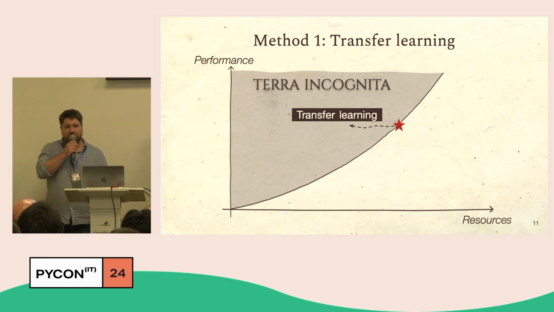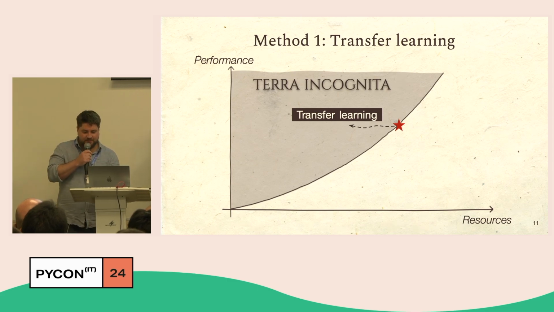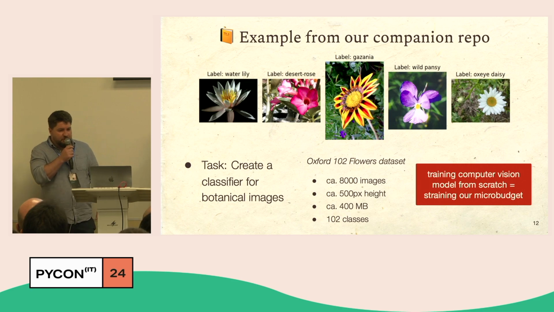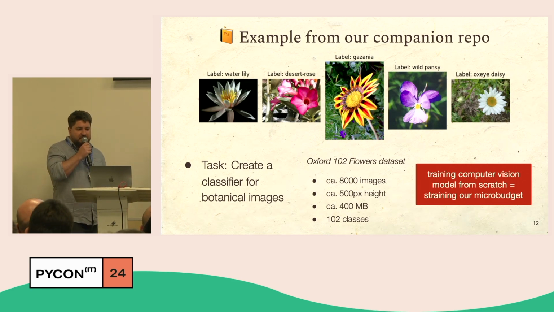So method number 1, micro-budget method number 1, transfer learning. This is going to be very familiar for many of you, I guess, but still, this is such an elegant and essential method that we want to start the talk off with this. In our example repo, we find the following computer vision task. We have this interesting botanical data set of flower images, 8,000 images of the flowers. They belong to 102 different species, and our task is to build an automatic classifier that can classify each of the image into